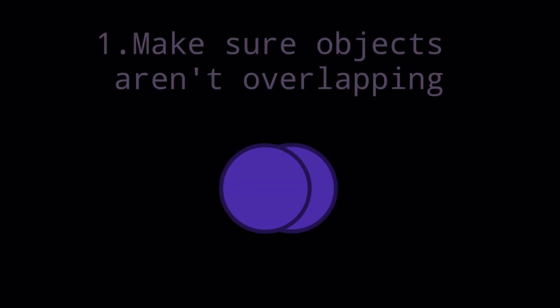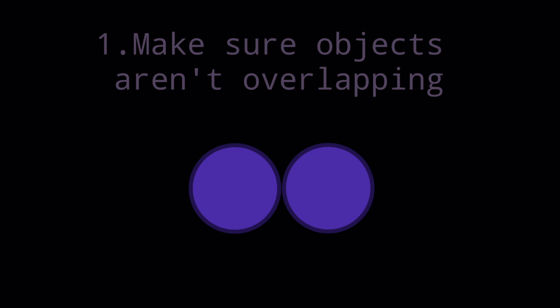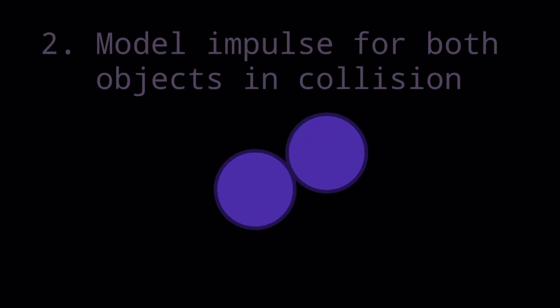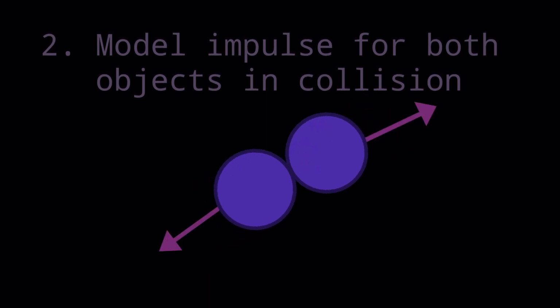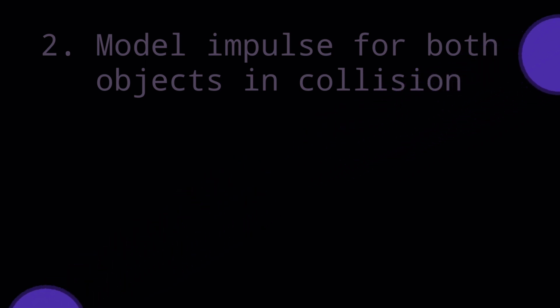Change the position of each object in a collision to make sure that the objects don't appear as if they're overlapping each other, and 2. Modelling an impulse, adding a force with an appropriate magnitude and direction to both objects to drive them apart after the collision has taken place. This gets us closer to our goal of making the objects behave in a way we would expect them to, acting in a similar manner to how 2 balls would collide in the real world.